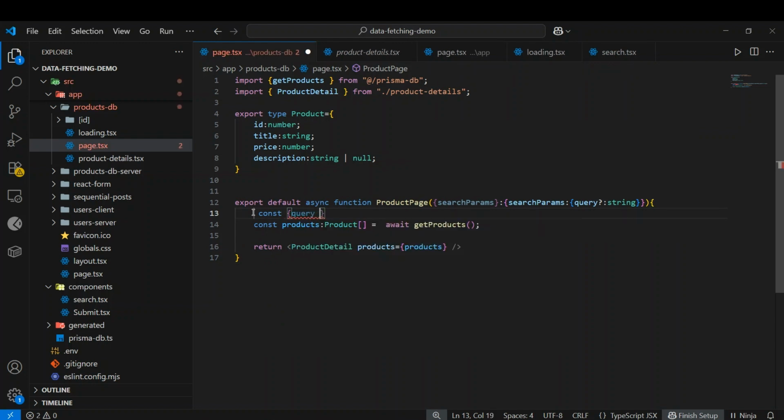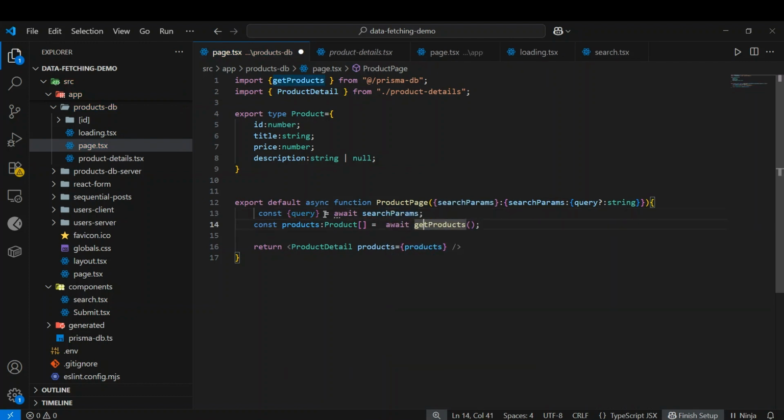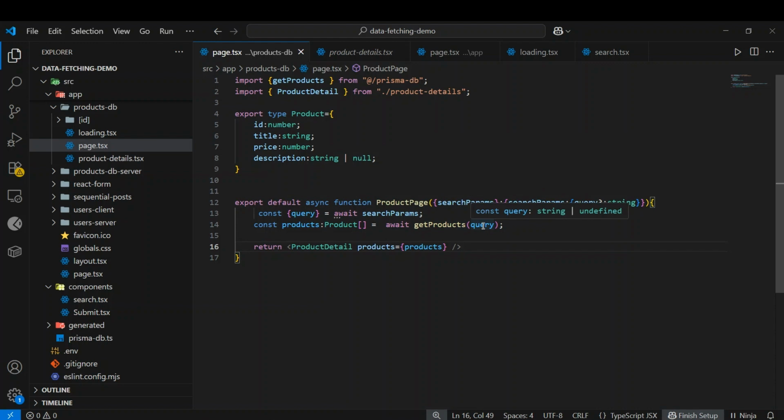We destructure the query and use the await method here because it is an async function. We can write a equal to await and type first parents. We can close this, and this particular query will be passed to the get product function. So what we type will be accepted by this product page function, and after that the get product will call that on list and find that product on the basis of the query which we have just shown in